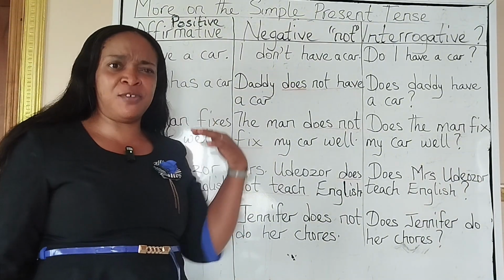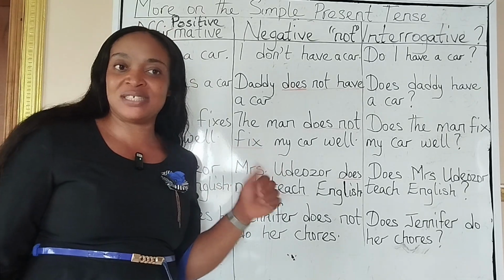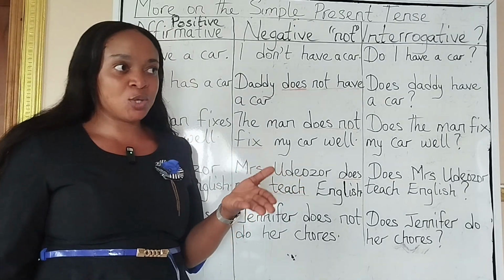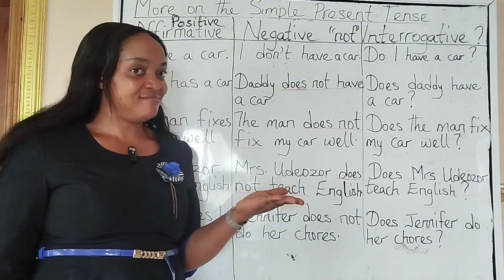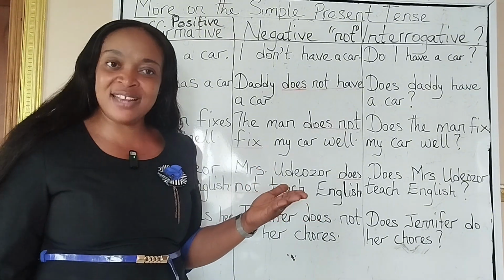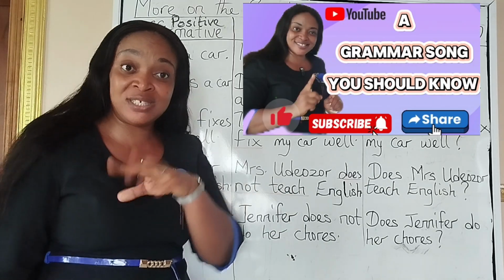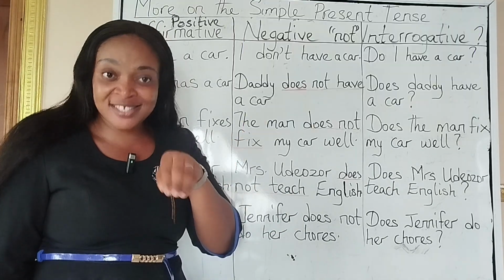And do not forget my previous videos. Please, if you've not yet watched it, I think you're missing a lot. In the first one, I taught you a song that can help you retain your lesson on the use of do and does, where I said, I do, you do, we do, they do, he does, she does, he does,